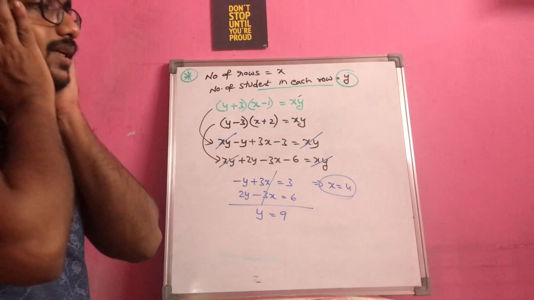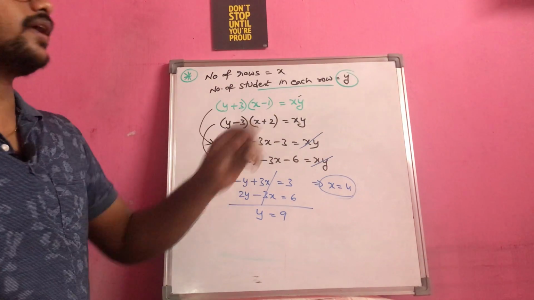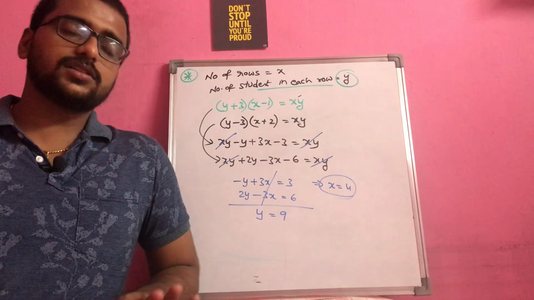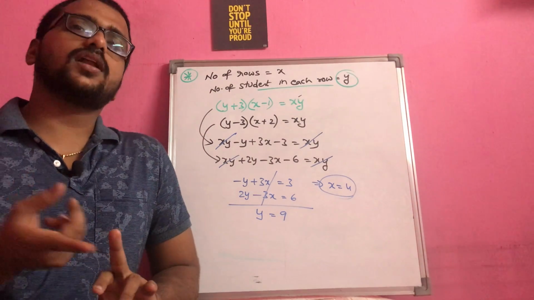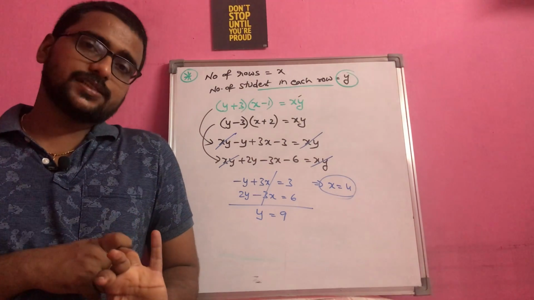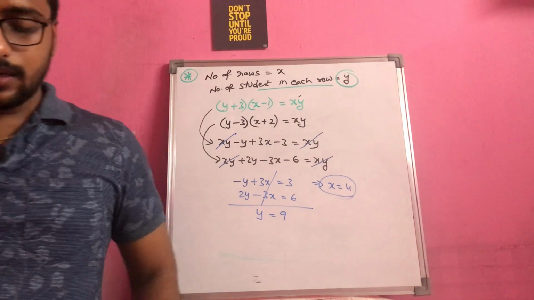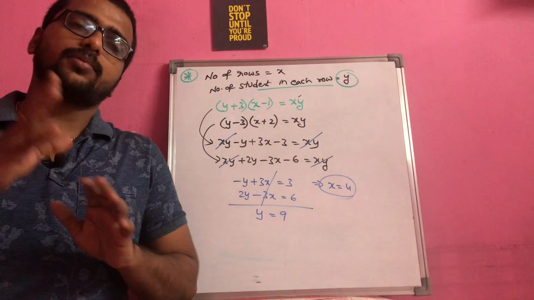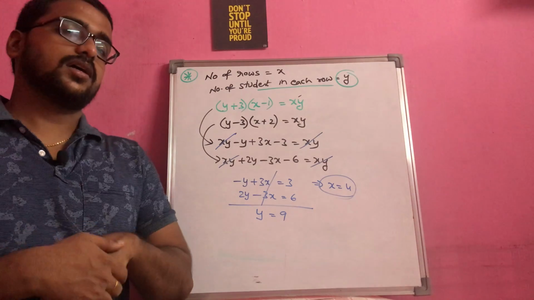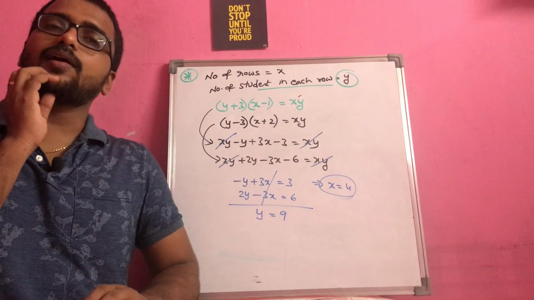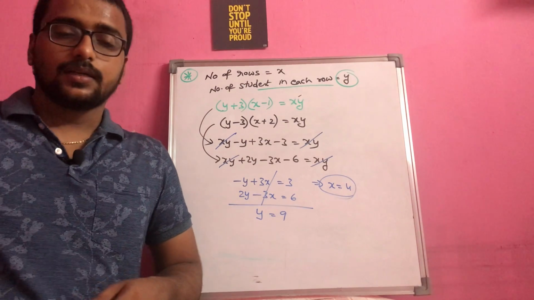So the important thing that you have to notice is you should get this thought actually. First thing, what they are asking in the question is a matter for us. Whether they are asking number of students or number of rows or number of students in a class, you should get that clarity. How are we going to find the value of the number of students in each class? Is it taking the product of number of rows and number of students in each row? Like that you should make your imagination and then accordingly you have to proceed. Right?